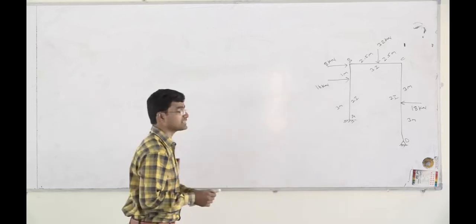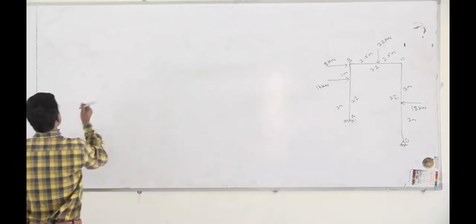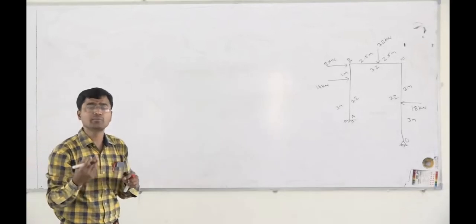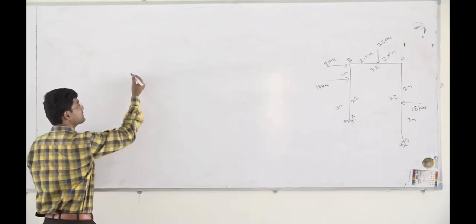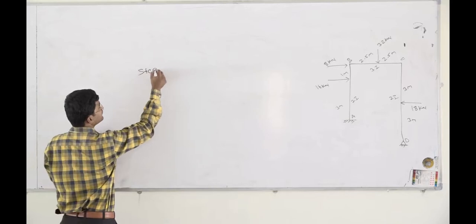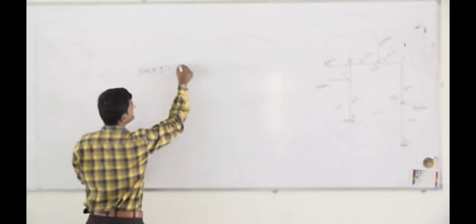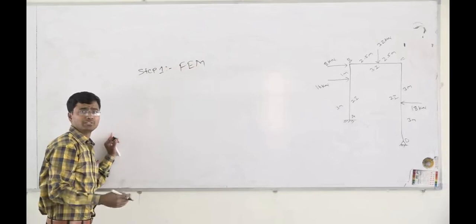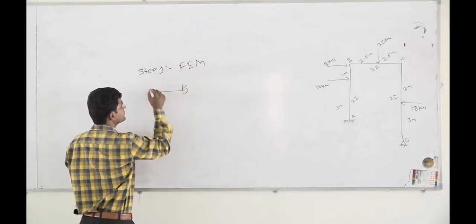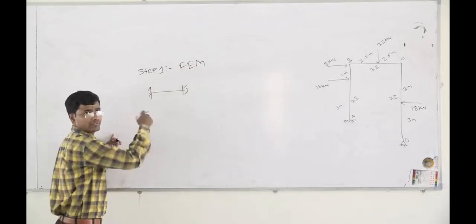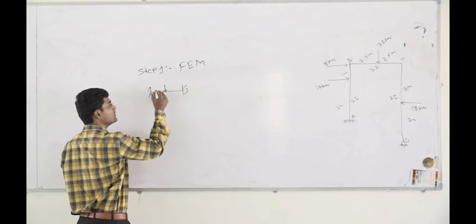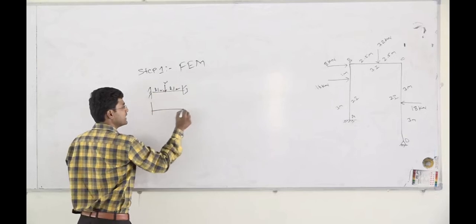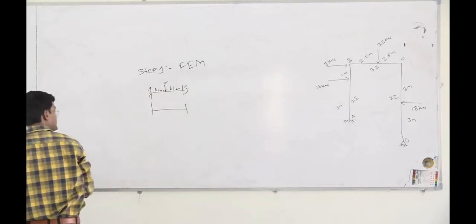Now, what was your step 1? Let us recall the steps of the slope deflection method. What are the different steps involved? Step 1 is that you have to calculate the fixed end movements. If you have fixed supports on both sides and a point load acting exactly at the center, L by 2 and L by 2, then whatever movement you get.